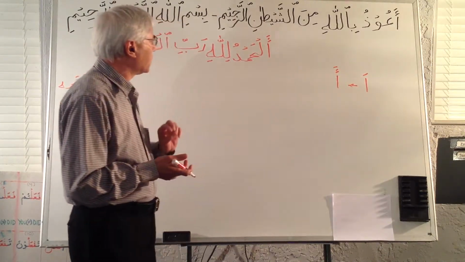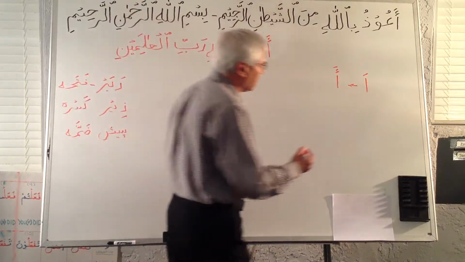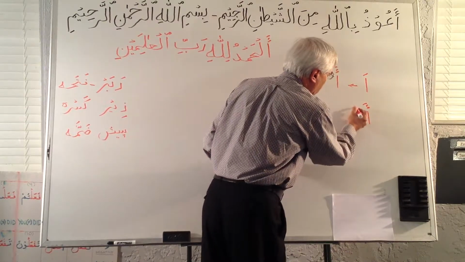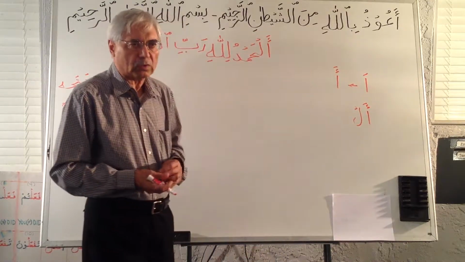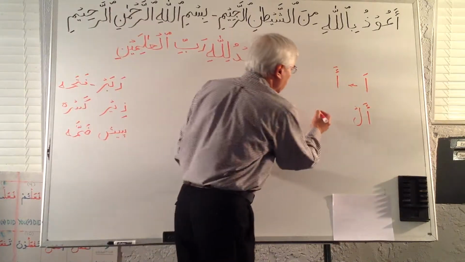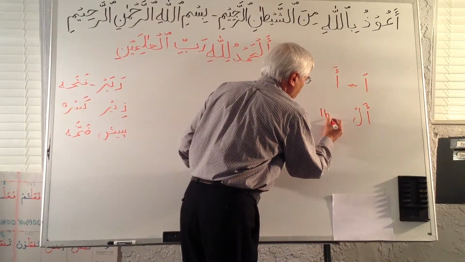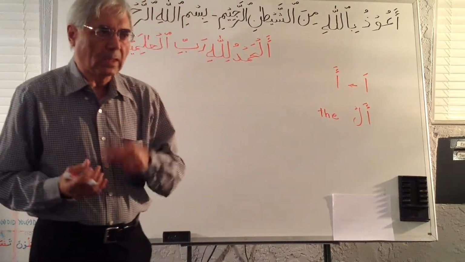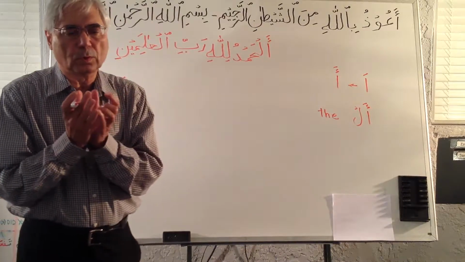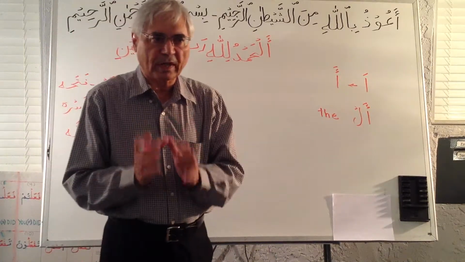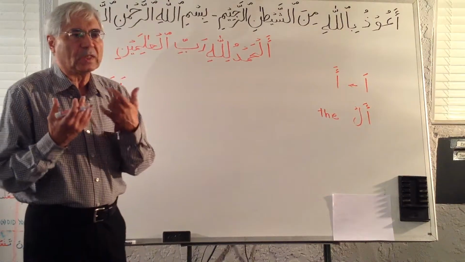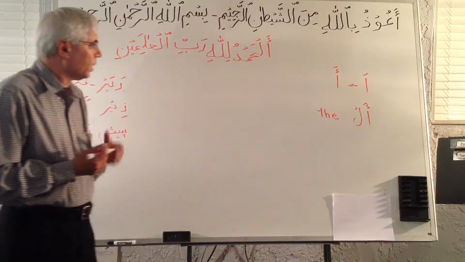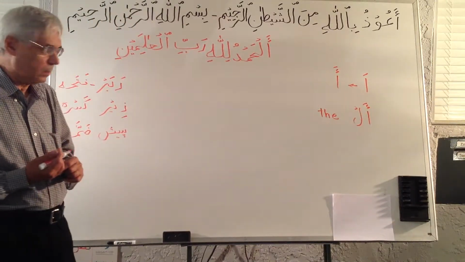Then we learned a couple of other things. In Arabic, whenever we write these two letters together, we pronounce al. In English, just think of this as the word the. A book and the book. So whenever we want to use something very specific or definite, then we put al with that. The book, the pen, the book, the kitab. So for that we use the word al.